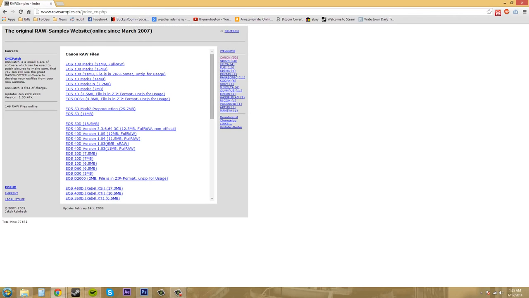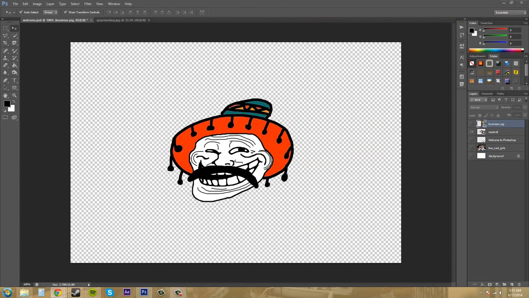called rawsamples.ch, and then you can download a sample of a camera raw file from any of these types of cameras. And a camera raw file is what you get when you shoot in the highest quality on your digital camera. So if you're shooting with a Canon 5D or a Nikon D3X or something like that, any of these higher end cameras will shoot out these camera raw images that are used for